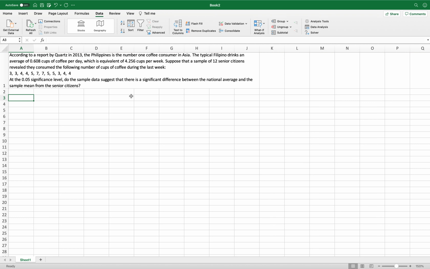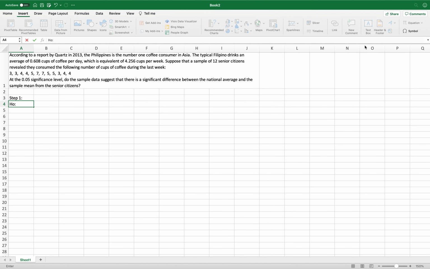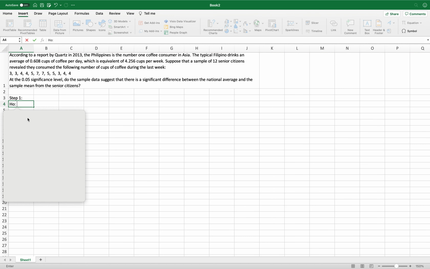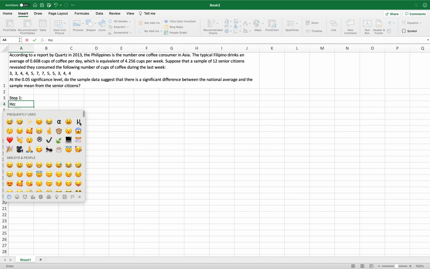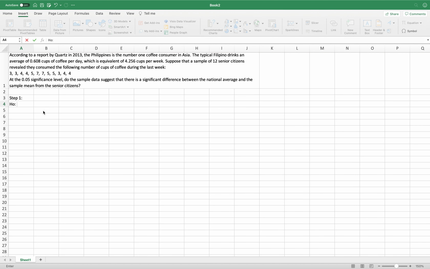So we need to first start with step one, creating our null and alternative hypotheses. So let's start with the null. The null says we preserve the status quo. That is, let's try to enter the mu. Let's insert the mu here. Insert symbol, which is the mu. This one. So our mu